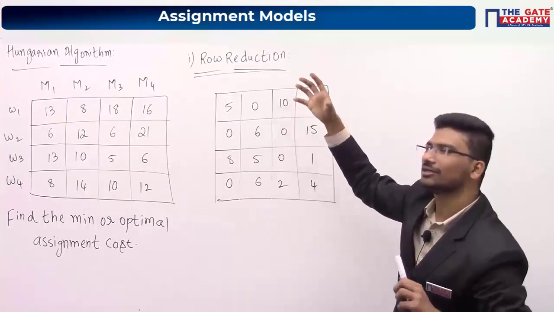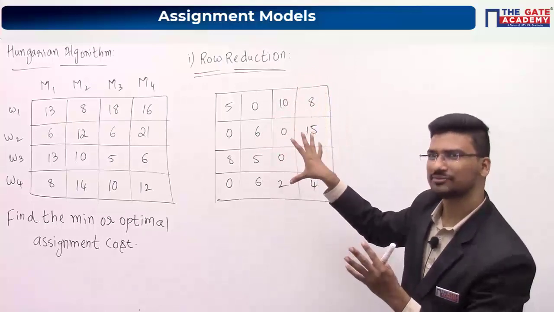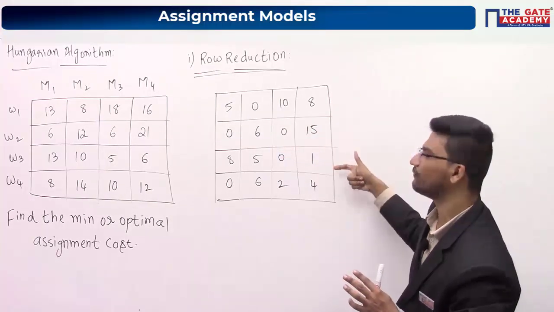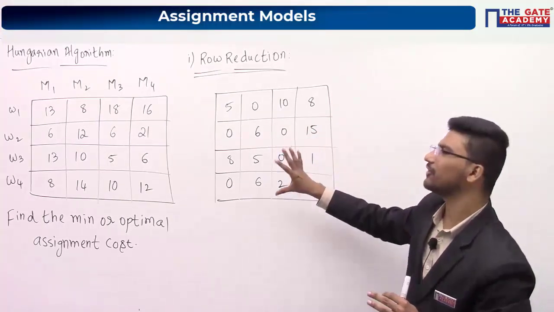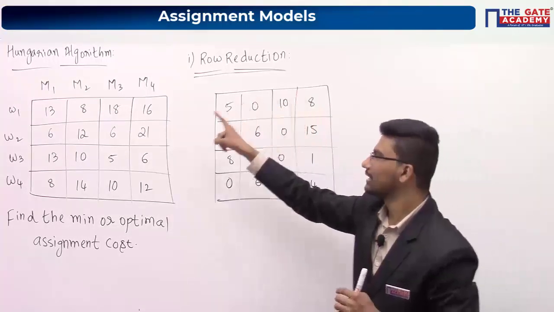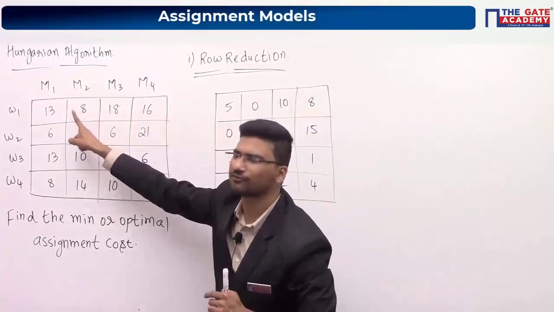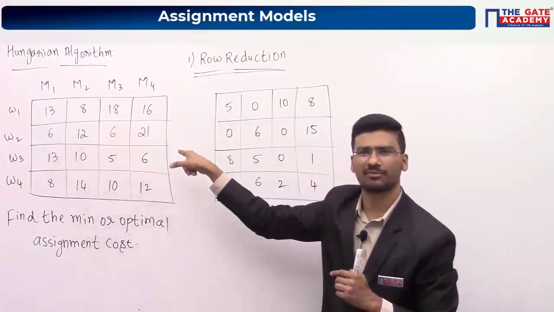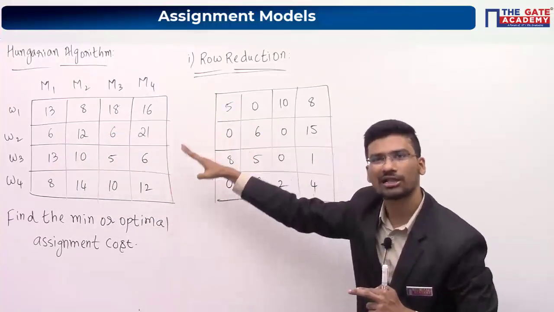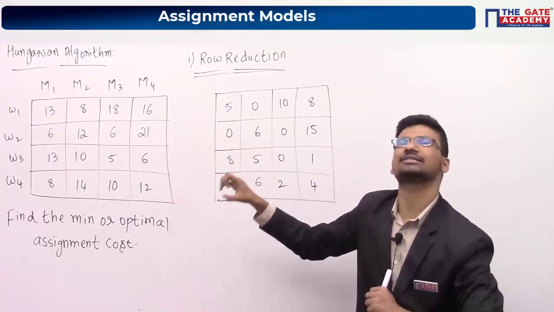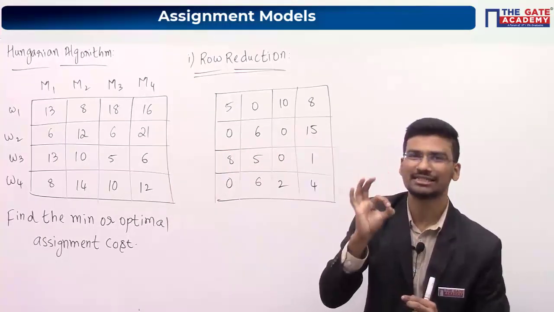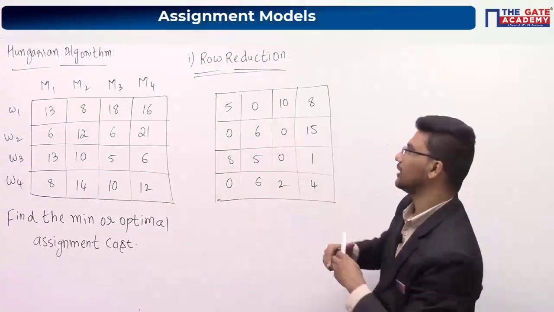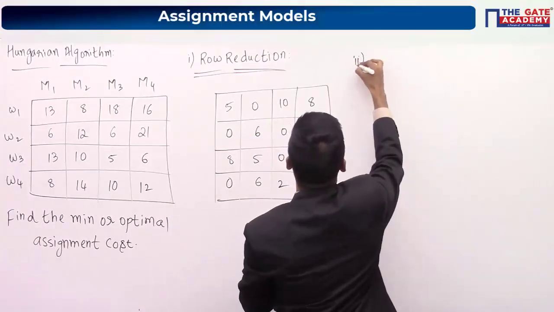Row reduction in the sense, so what is the purpose of this row reduction? Have you observed? We are getting at least 1 zero in each and every row. Okay, that's why we have done this particular row reduction. Take the minimum element from this row, subtract that from all other elements. Similarly, take minimum from here, subtract it from all other elements, and repeat the same procedure for all the available rows. So the purpose of this row reduction is, we need at least 1 zero in each and every row for assignment. Okay. Now second step, it is your column reduction.